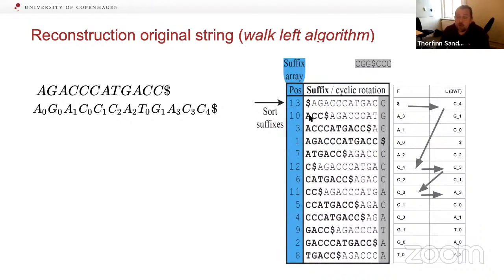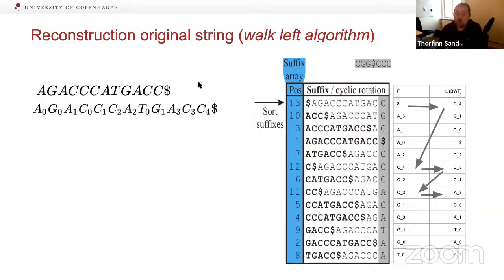We have our Burrows-Wheeler matrix from before. We have our Burrows-Wheeler transform, and we have the first column here. This is sorted. We have our original string, and now we start to rank the occurrences of the different characters. For each character in our original string, we say, what number of A is this? That's the first one, so we write A0. This G here, how many times have we observed a G before? That's also 0. Now we observe an A. How many times have we observed an A before? We have observed one more, so we write 1. So we do this ranking of all the characters.